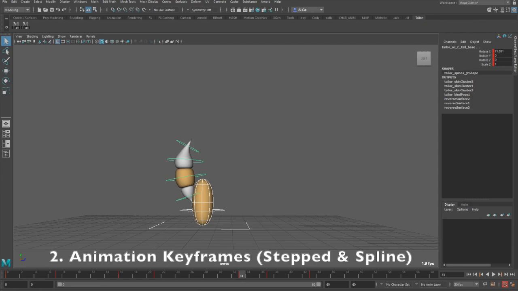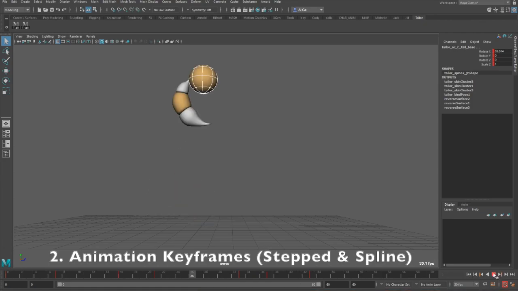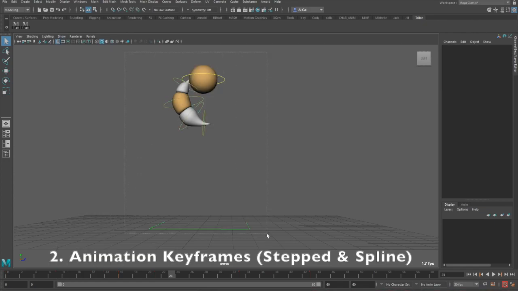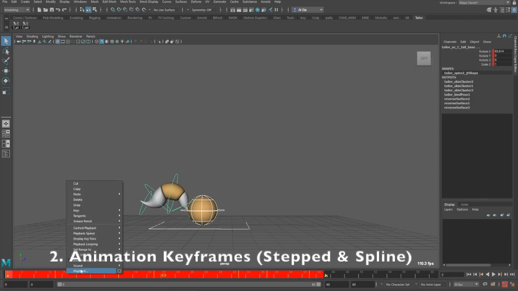So all the poses are moving. All the controls are moving at the same time, posing the character in order to give the sense of what I wanted to do. In this case, Taylor is in step mode, in blocking, let's say, and it's jumping. You can feel it. So the first thing that we need to know, that many animators do, is once they start applying keys, the most common way is to have them all in